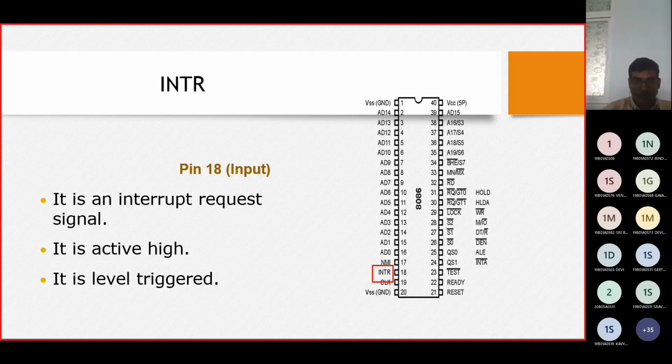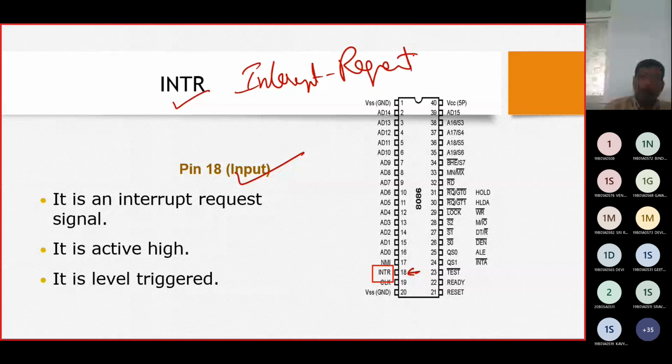We were now talking about pin number 18 at this point of time. So pin number 18, what it is going to do means it is going to make an interrupt request. So you are watching your YouTube video, all of a sudden a WhatsApp message comes, it pings, it gives a beep sound. So you are disturbed at that point of time. That disturbance in your mind, we are going to call it an interrupt request.